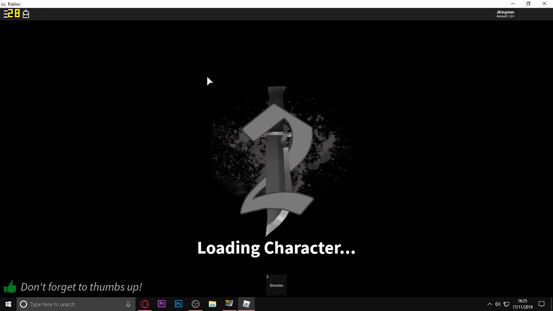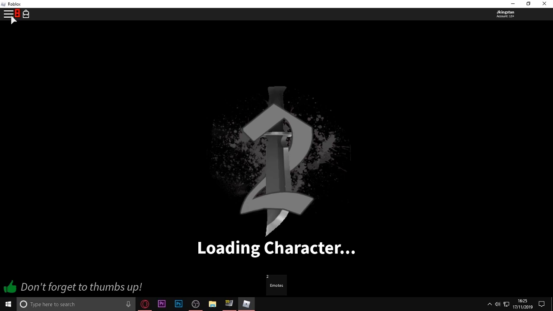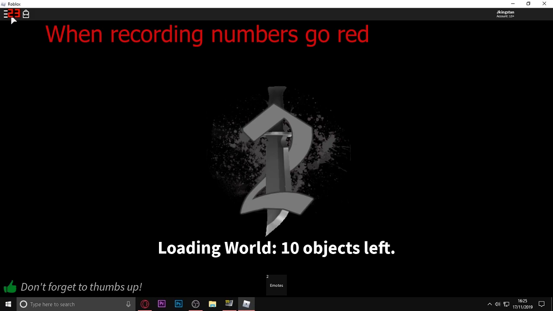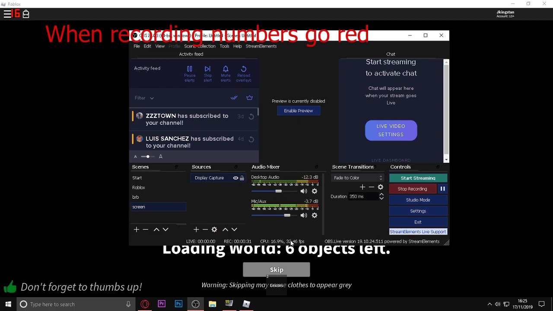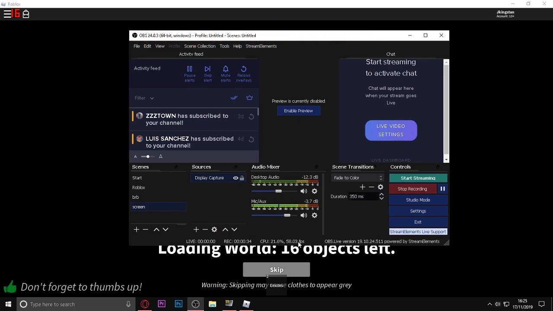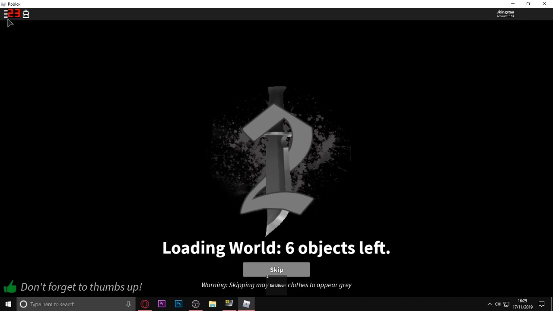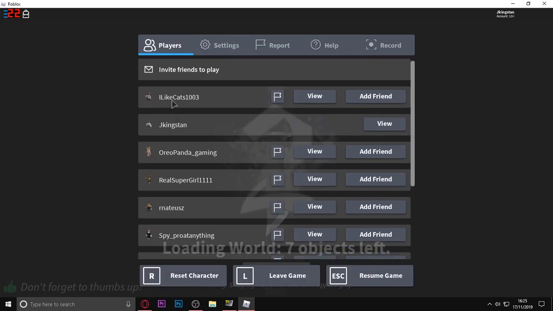Okay, so basically, as you can see, my PC is kind of crap, and as you can see in the top left corner, it's saying 25 or 30. So if I start recording, you can see that it's trying to go to 60, but it can't because of my crap potato PC. So yeah, that's why I love this, because it's trying to go up, it can't, because I'm recording with OBS as well. Look at that. Oh god, I hate OBS so much. Like, it's honestly so crap. Oh my lord. Anyway,